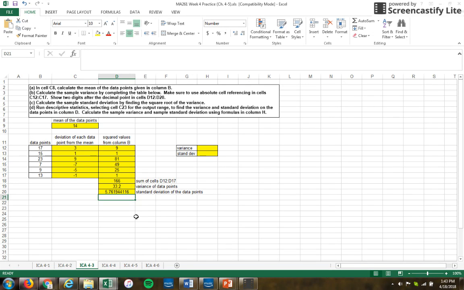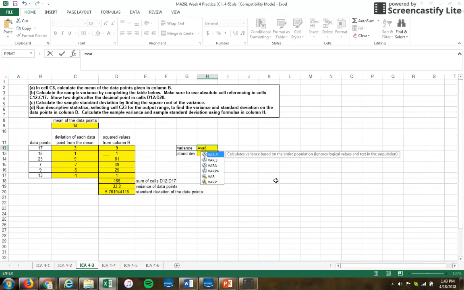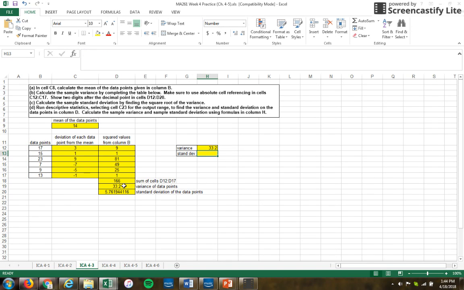Boy, that seems like a lot to go through just to calculate standard deviation. Well, you're right. And so we actually have functions in Excel that will give us the variance and the standard deviation of a set of numbers. For variance, that is simply VAR. We just want straight VAR. There are a lot of other variance functions, but we don't need those. VAR, and we highlight all the data, close out parentheses,